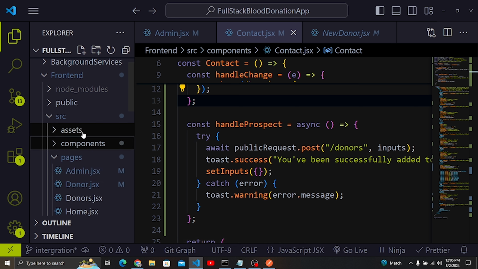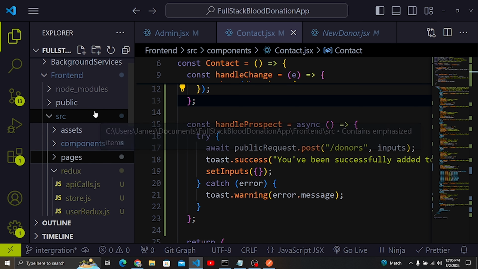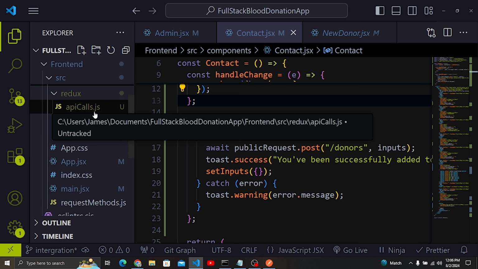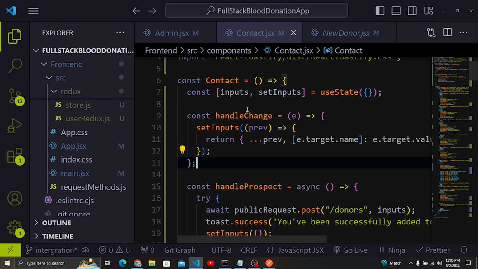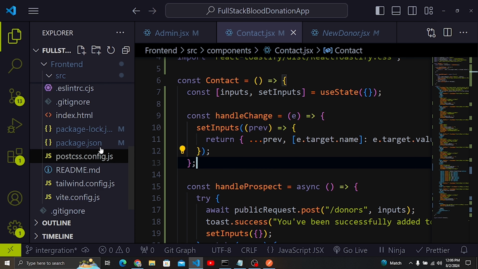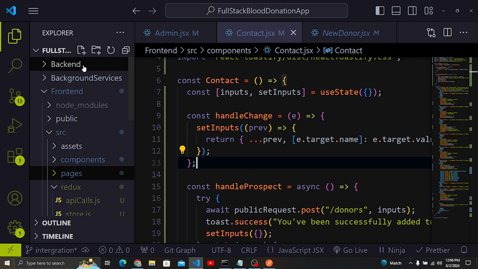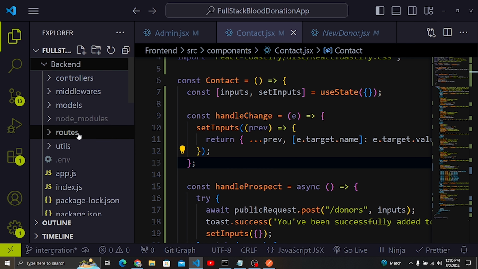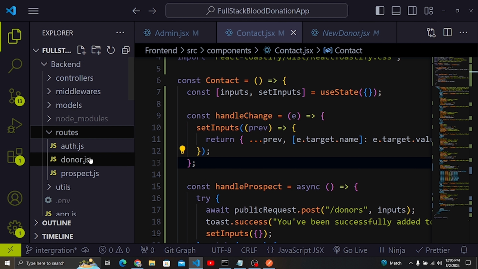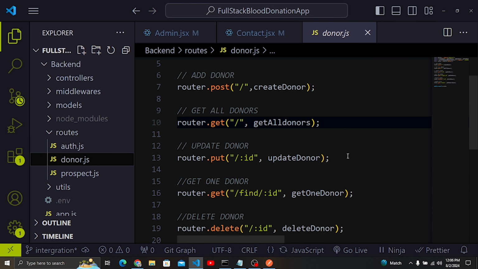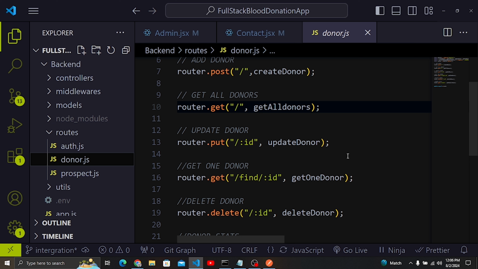So what I'm going to do is show you how to do that. For example, let's say we want to add a new donor here. Let me open my backend and go to the routes here. For the donor, for example, any route that you want to protect now, because we had already created